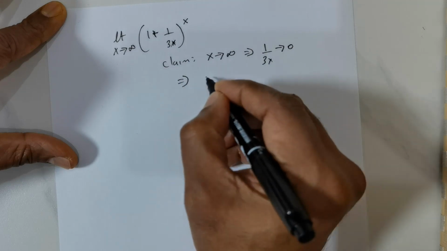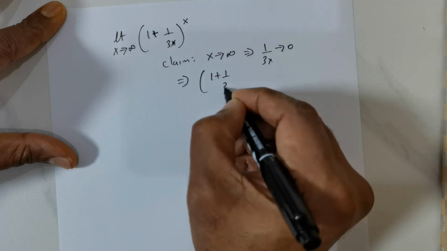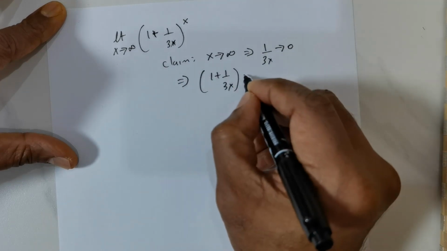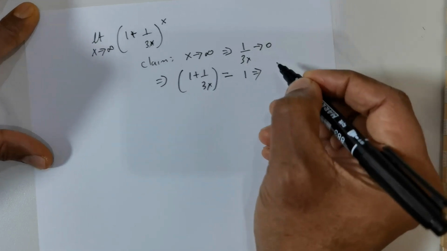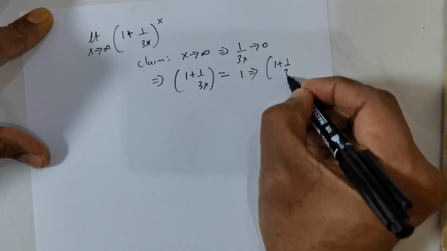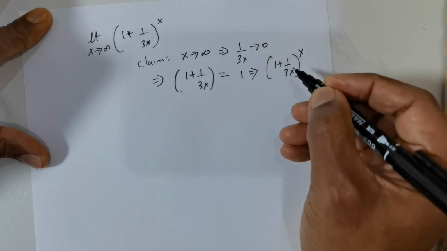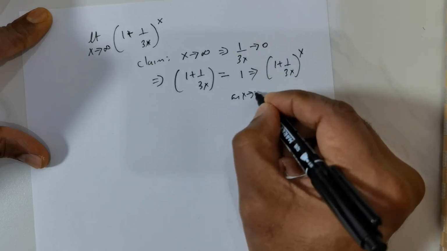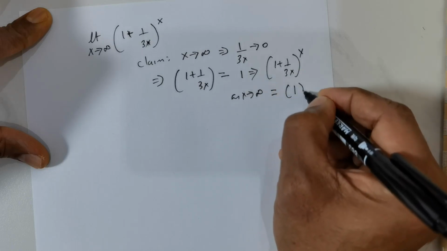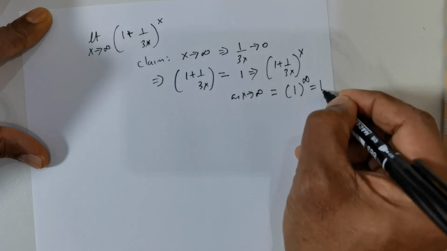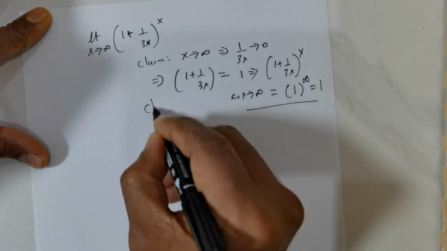This in turn would mean 1 plus 1 over 3x would be equal to 1. This in turn would mean (1 + 1/3x) raised to the power of x, as x is tending to infinity, is going to be 1 raised to the power of infinity, which is equal to 1. This is the claim